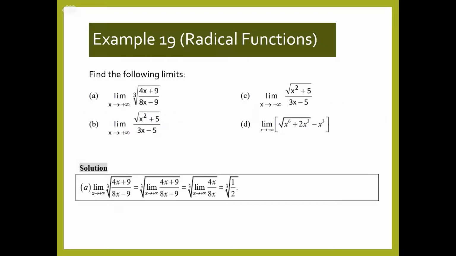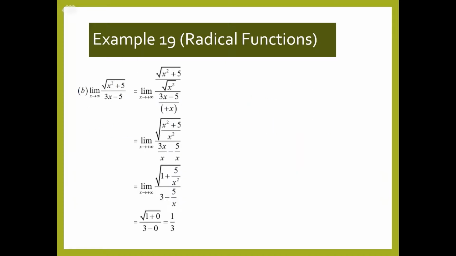Now, refer to example 19, which is on radical functions. For a, as both numerator and denominator inside the square roots are also polynomials, we can just take the highest degree of x term. Replace x with the corresponding value, you will get the final answer. For b, the highest degree of x in the denominator is 1. By dividing both numerator and denominator by x, simplify, then replace x with infinity, you will get 1 over 3